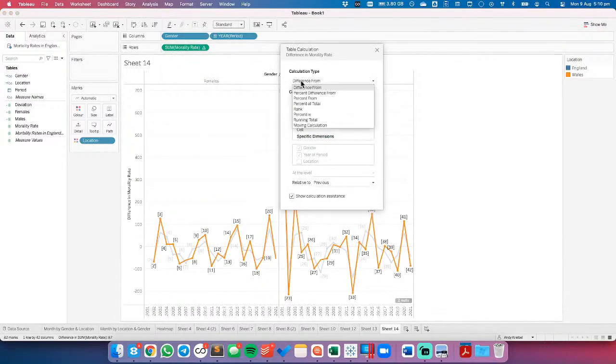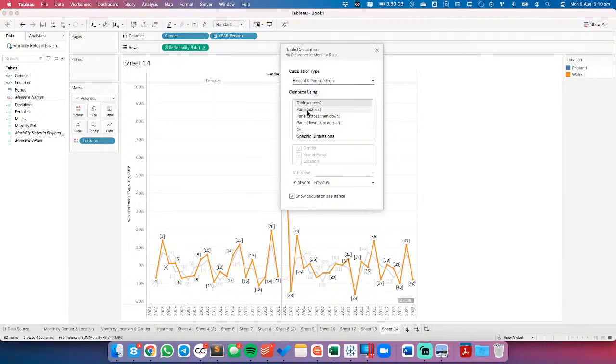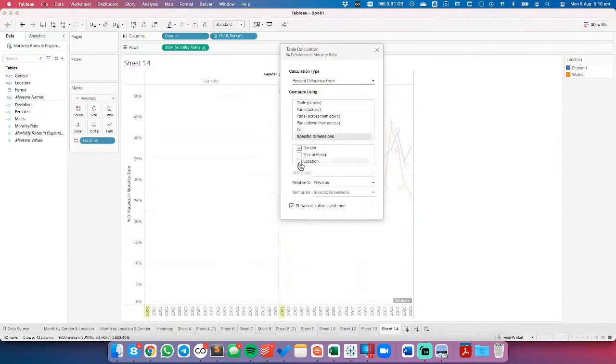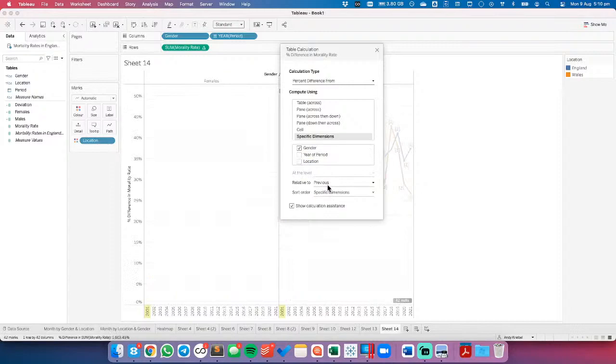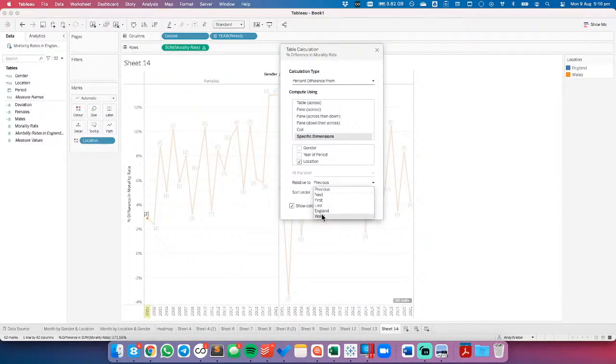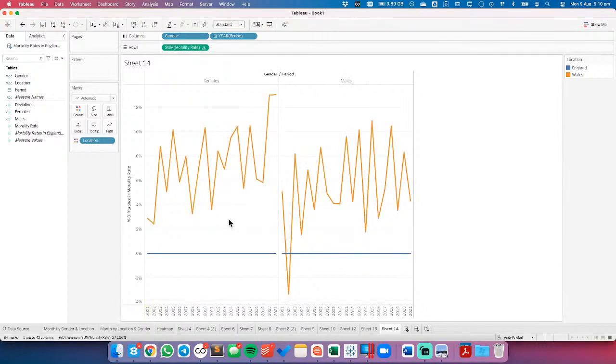So what I'm trying to do now is compare England to Wales. So we want to do it for each period. We want to do it by gender, compared to... No, we want to do it the other way around. We want to do it by location compared to England. Okay, is that right now? So if we turn that into a bar,